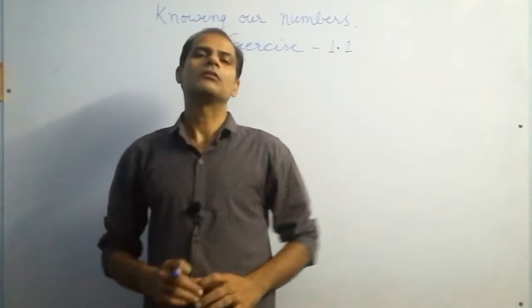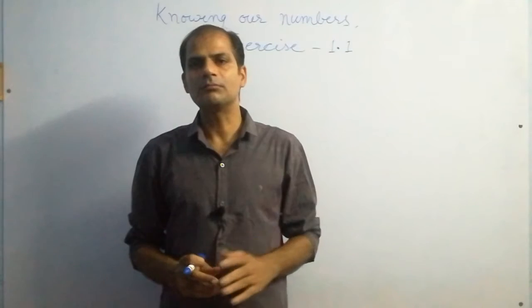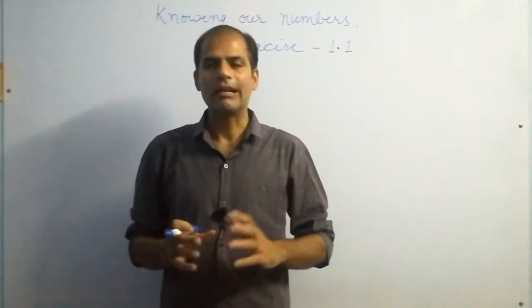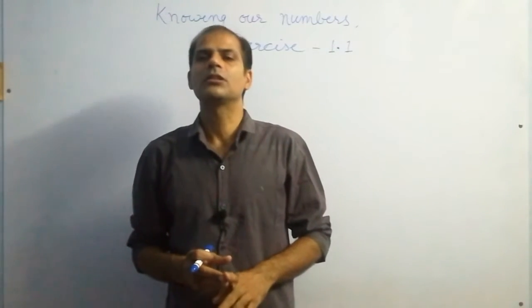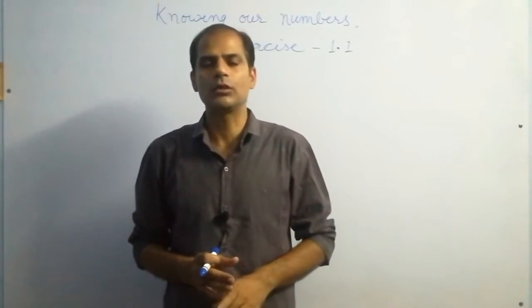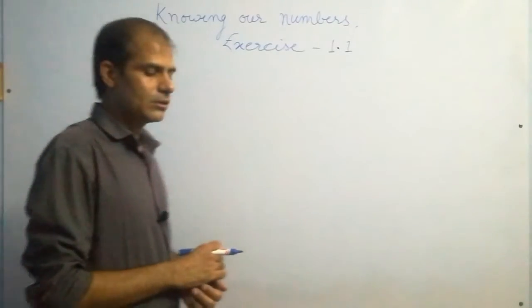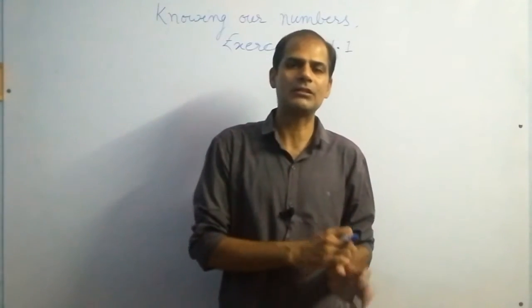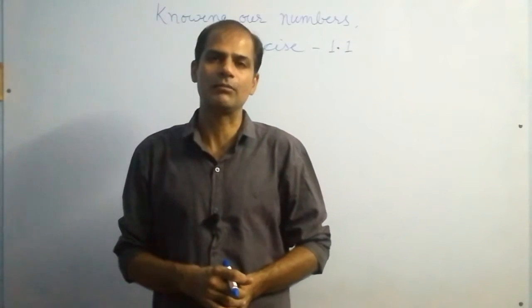As you know, there are a few number systems like natural numbers, whole numbers, integers. So these are the three basic number systems. Then you will get to learn about the real numbers also. So I am going to tell you about place value and face value of a digit that appears in a number. Then you will learn about the expanded form of a number.